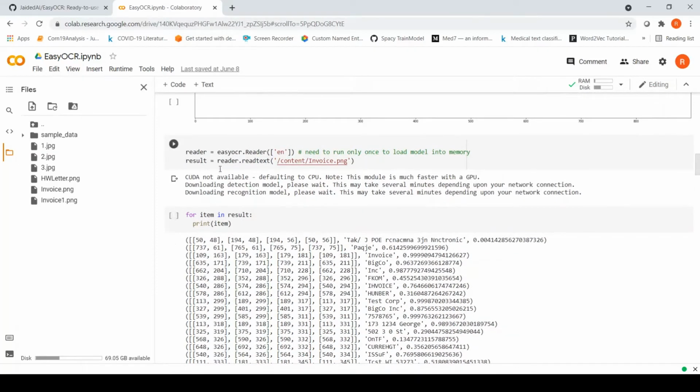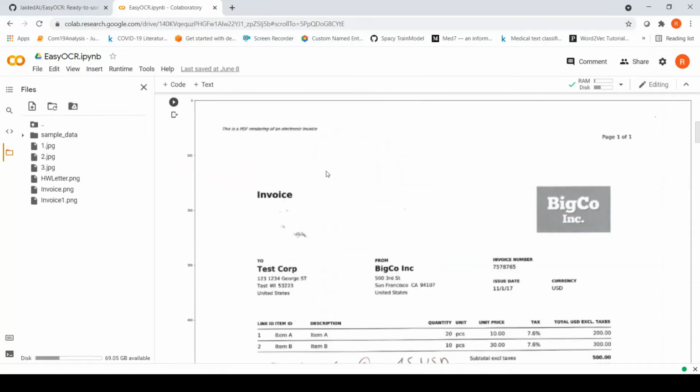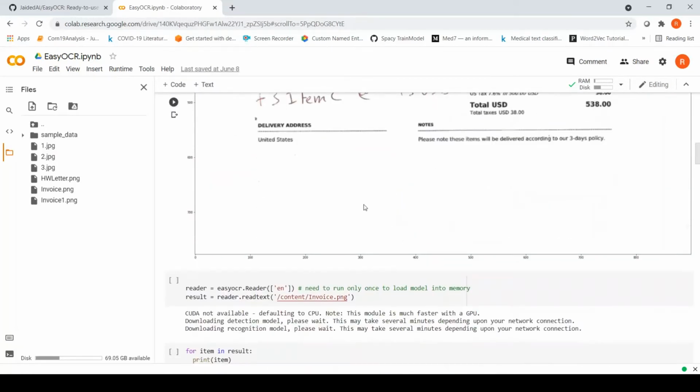Then I get a result, which is nothing but a list of text which has been detected along with the bounding boxes and a confidence score. When I print the items in the result, basically each line in the result, this is how it gets printed. If you look at these results, you see that this part of the text is not detected properly.